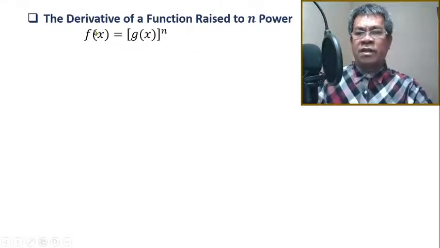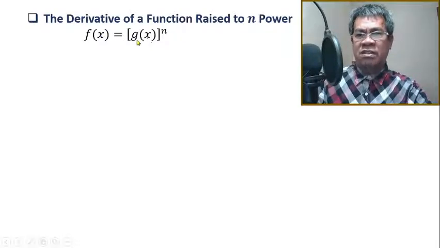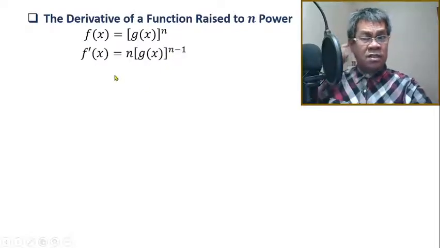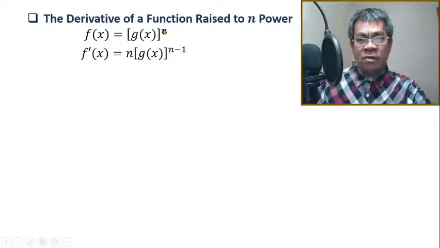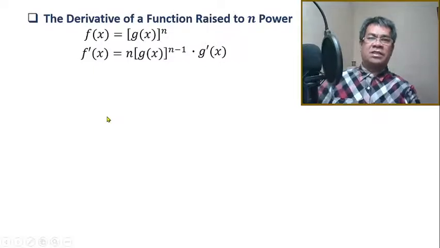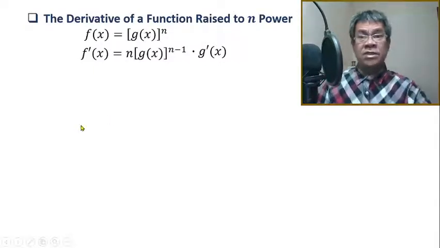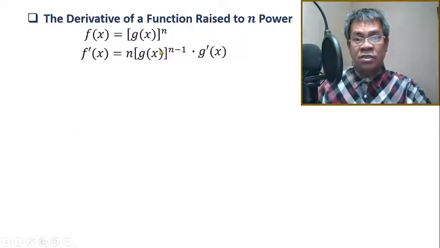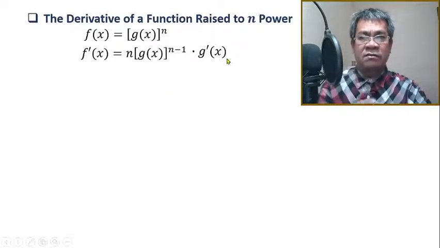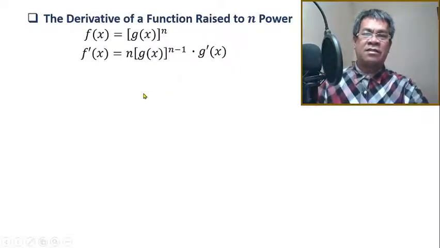So if given the function of x, which is equal to the g function of x raised to n, okay? Now, what is the derivative of that? Then the answer is this one. Think of the power rule: drop the exponent, then subtract it by 1, but do not stop at that point. You have to multiply that by the derivative of the function inside. Okay, that's it. It's like a power rule, but because there is a function inside, to comply with the requirement, take the derivative of that. Okay, as easy as that.